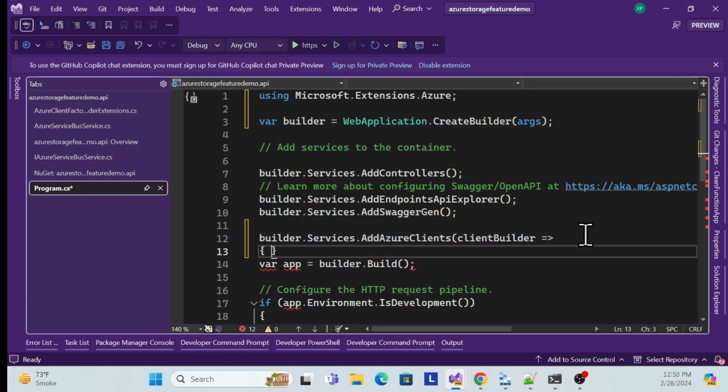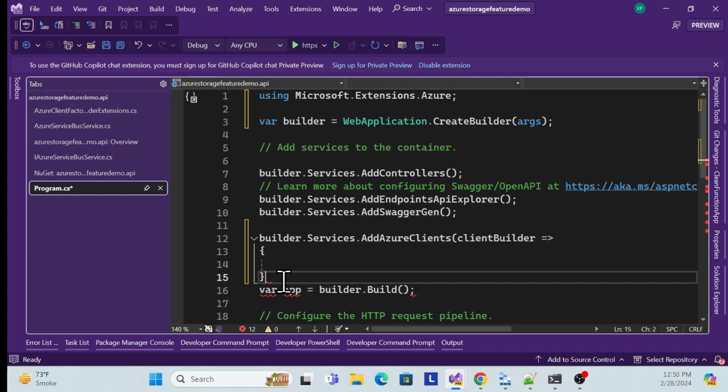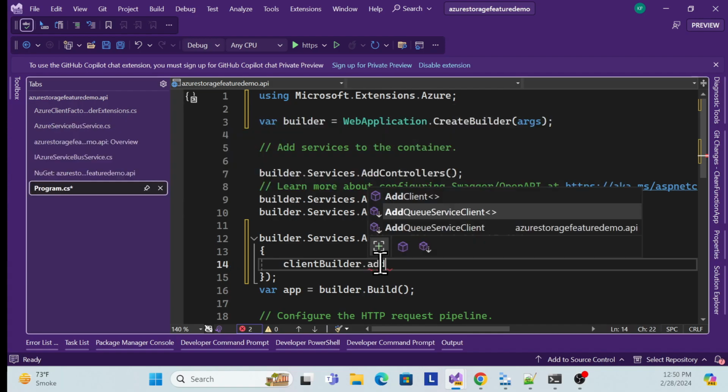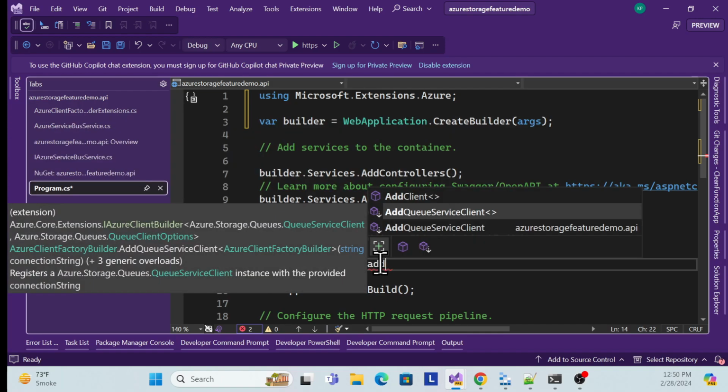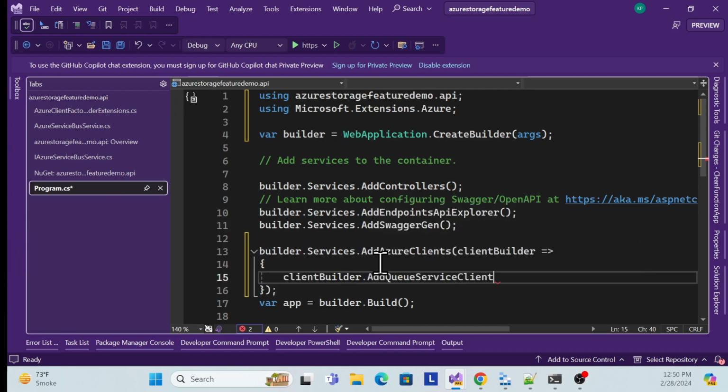And over here what I will do, I have to just close first over here, and in this client builder I have to register this one by one. So client builder dot add whatever extension method we have just created, right? So that name is add queue service client, right? And this is that one. So once I use this one,